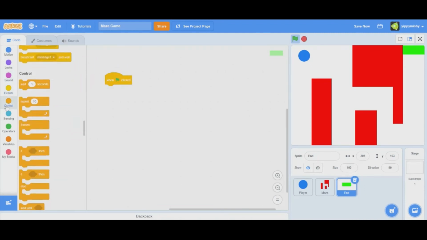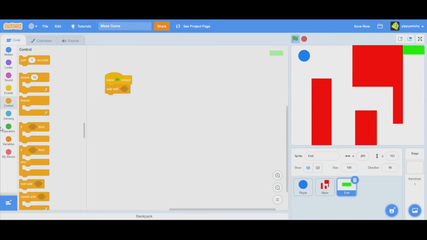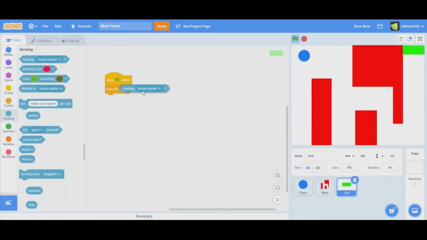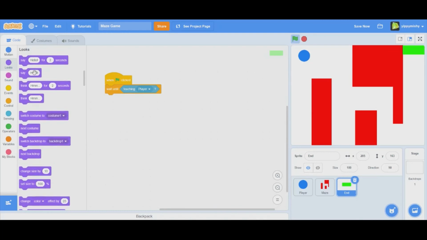When flag clicked, wait until touching the player. So it'll wait until it's touching the player, and say you win, or whatever you like.